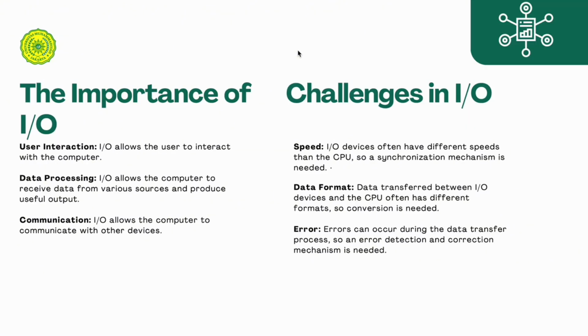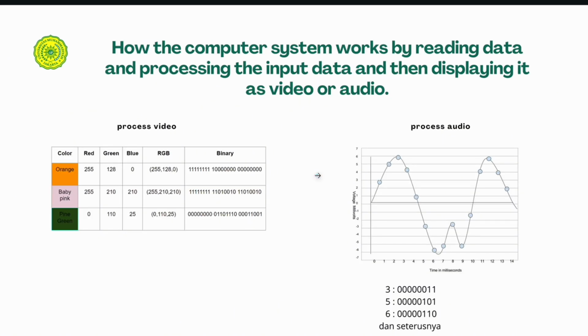And next, the importance of I/O: user interaction, data processing, communication. Challenge in I/O: speed, data format error. Next, how the computer system works by reading data and processing the input data and then displaying it as video or audio. Process video. The system will read the video in RGB format and will be processed with machine language,